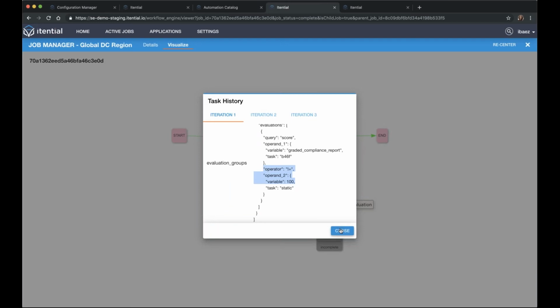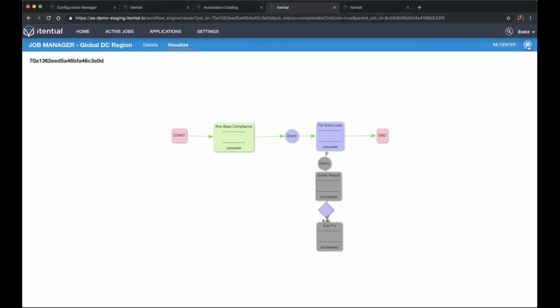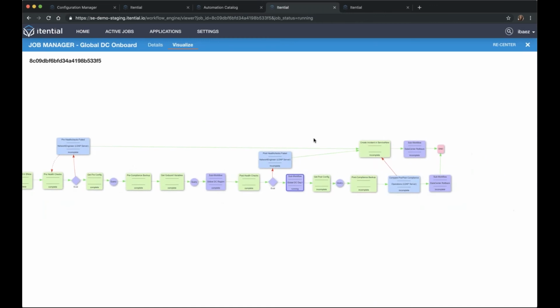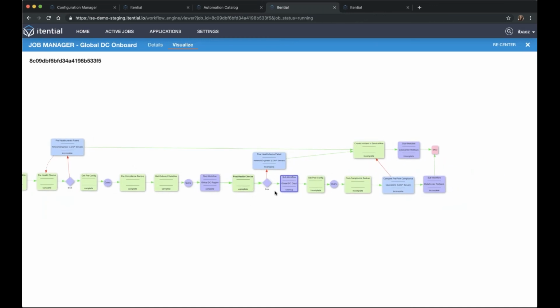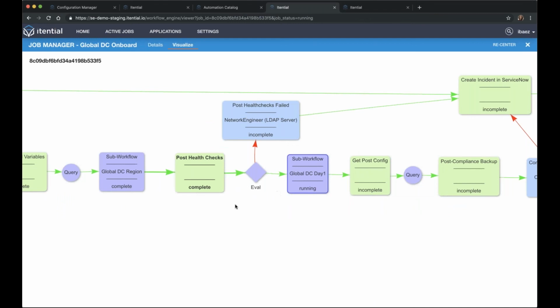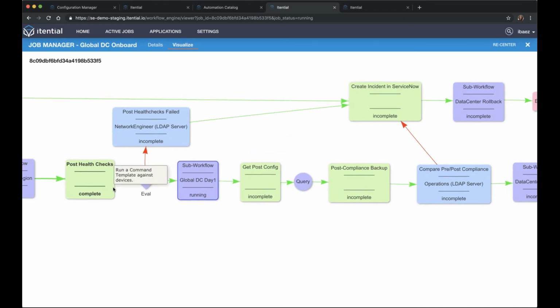So once this has finished and kicked off and everything is completely compliant on that node, we then pushed on to our next health check, where again, we've executed some device commands to make sure that the health of the device is still good and up and running. If not, we had another fallout path. And since all of that has gone through well, we are now on the next sub workflow, where we are removing that device from that Europe node and then moving it down the tree to have that more granular rules that are needed for, in this particular case, the London